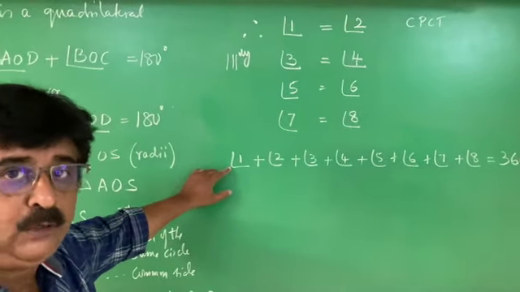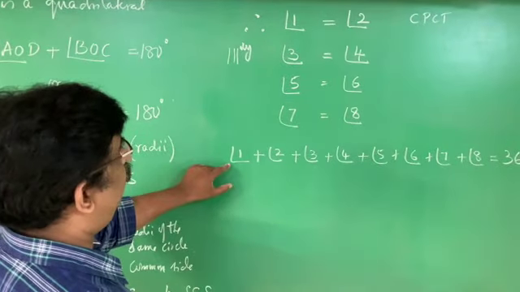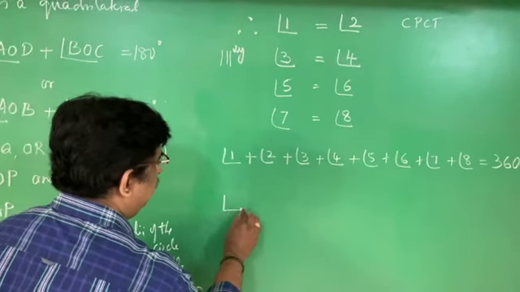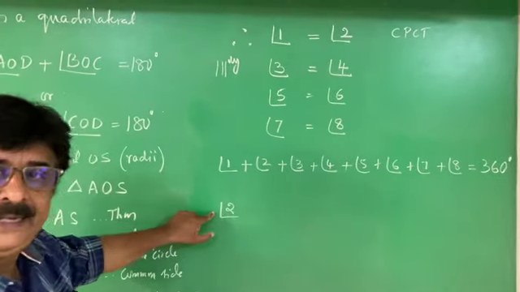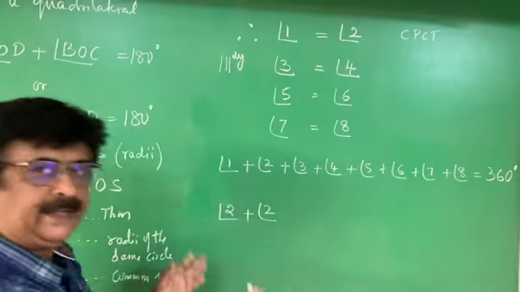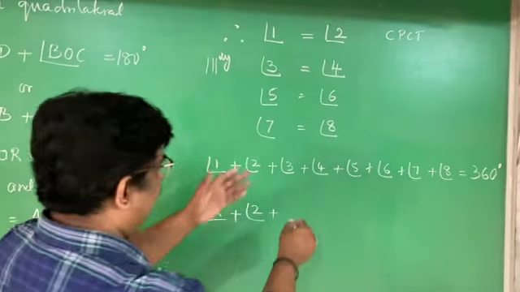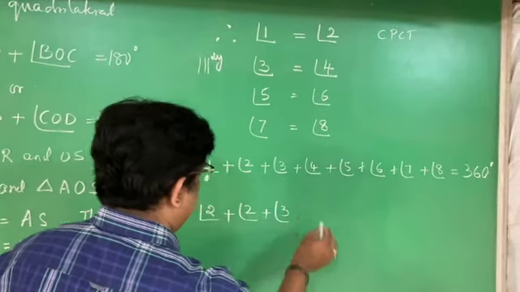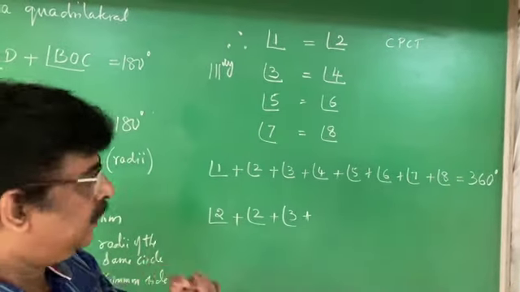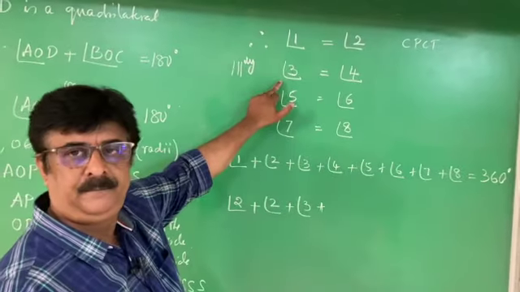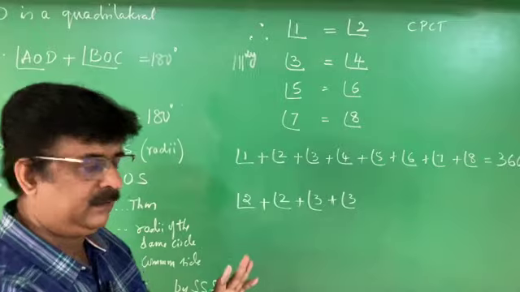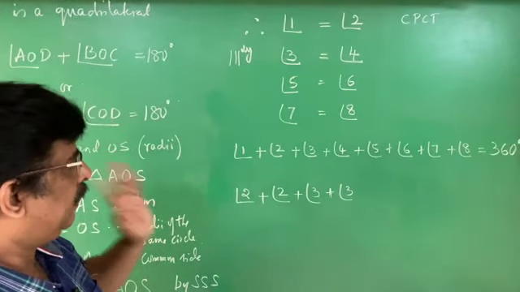I don't want 1 because I want 2, 3. Instead of 1 I can write 2, because 1 and 2 are equal. Retain the 2 as it is. I want 3, retain 3 as it is. Plus, I don't want 4. Therefore change the 4 as 3, because I want only 2 and 3.